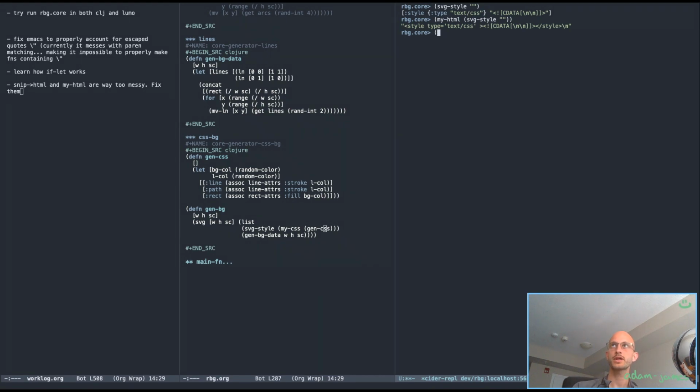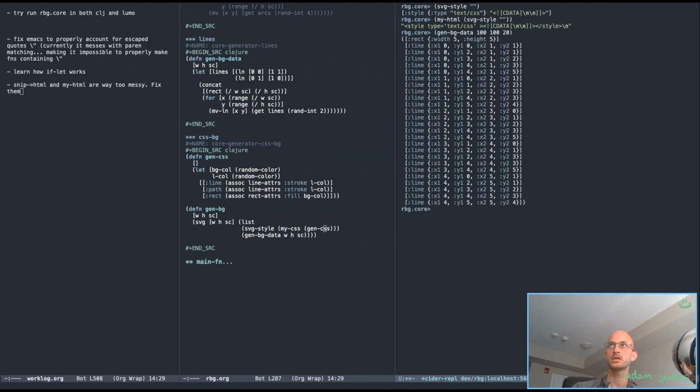Does it also work if I generate background data 120? Okay, that's just a list of lines and rectangles. Okay, that's pretty straightforward. Does my HTML work on that? No, it does not. And the reason for that is